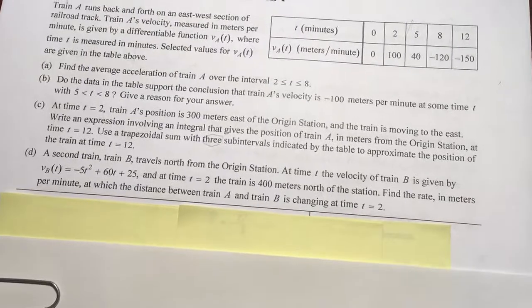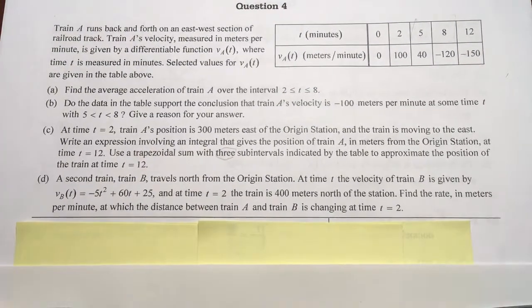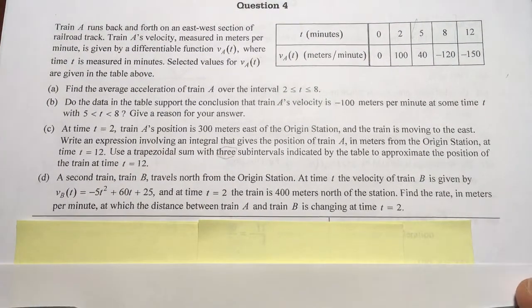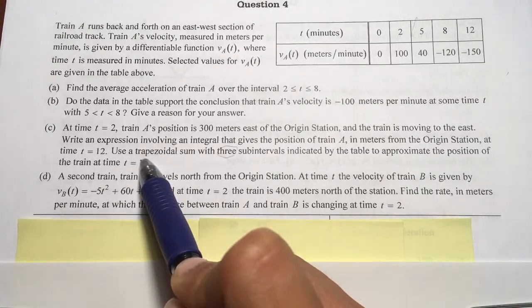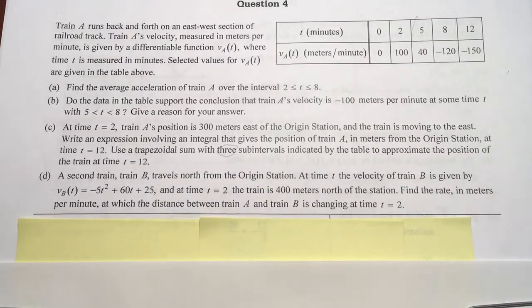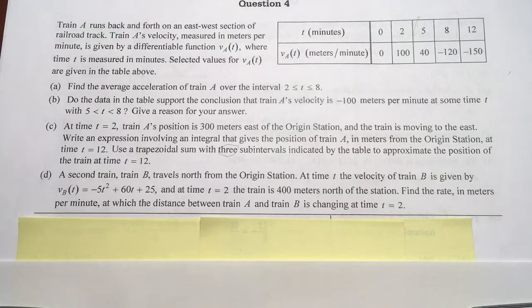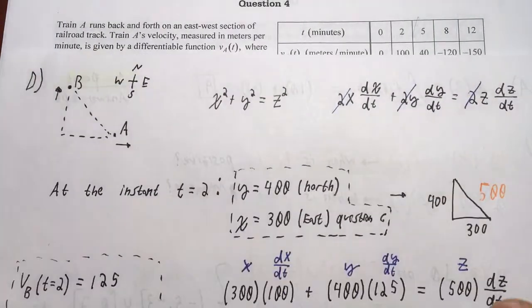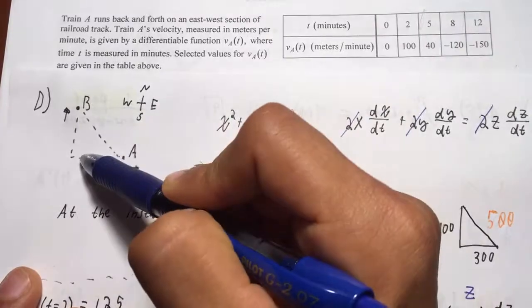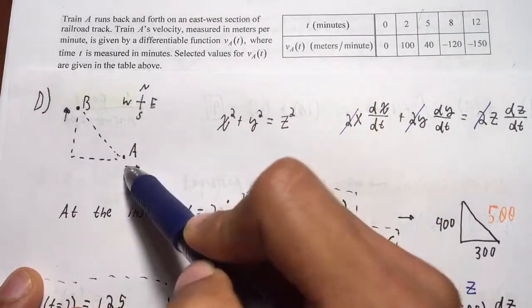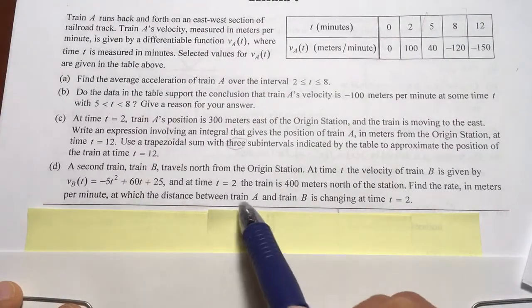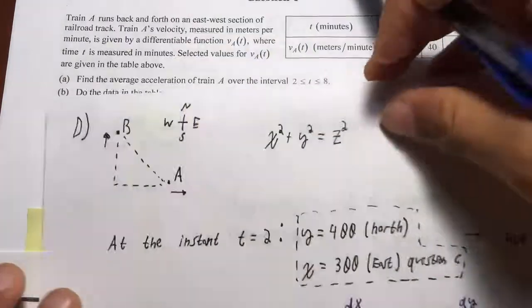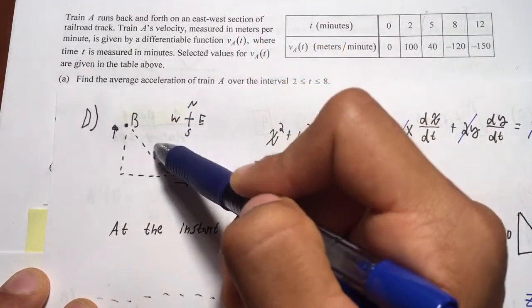Now, D is one that a lot of students are going to struggle with. It's related rates. They give us another train, B, going north, and A is going east. Automatically, anytime you get related rates, always draw a picture, even if it's a horrible picture. We're not artists here, we're mathematicians. B is going up, A is going to the right, and they want the rate of change, distance between A and B. So they don't want the distance here, they want the rate of change, and that's going to be